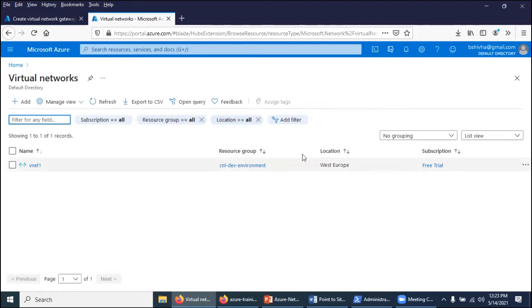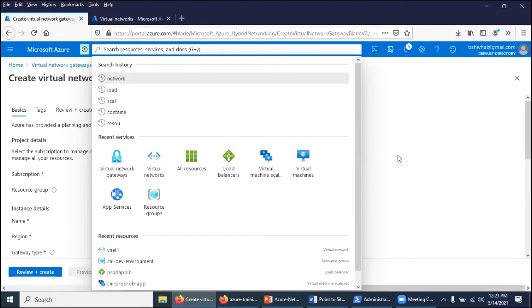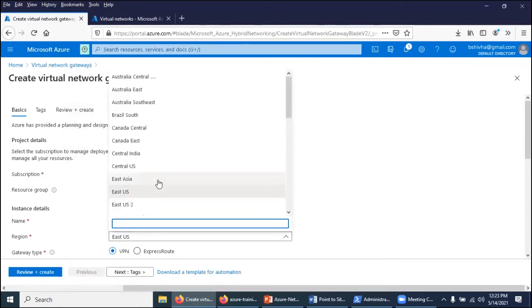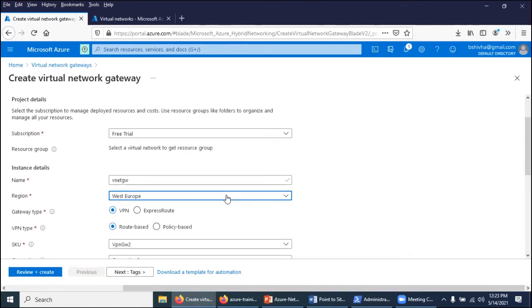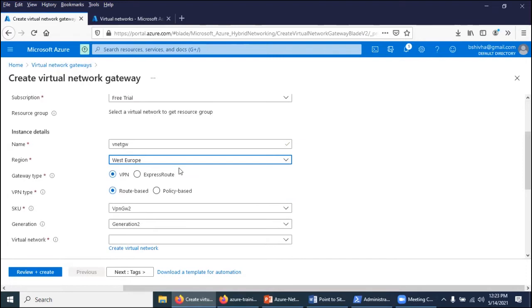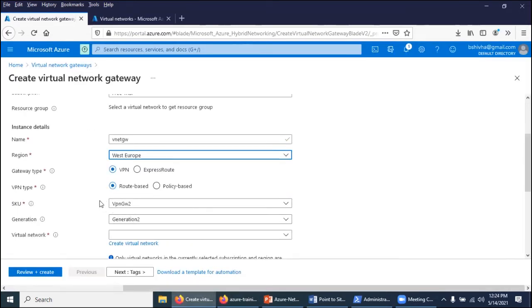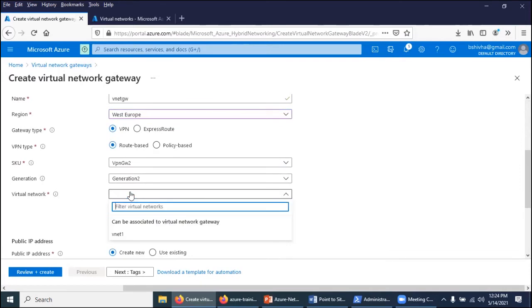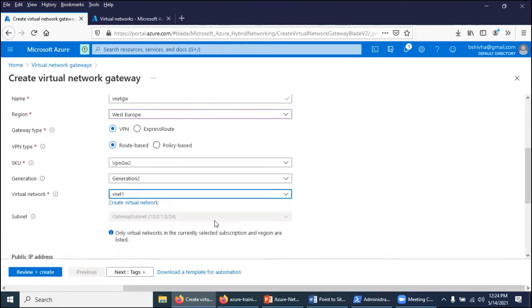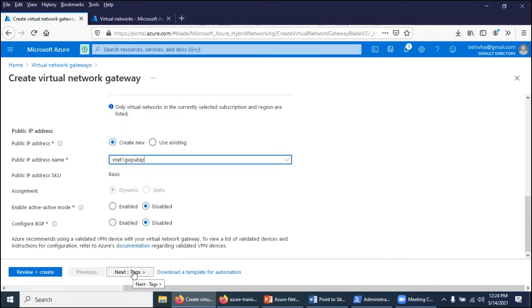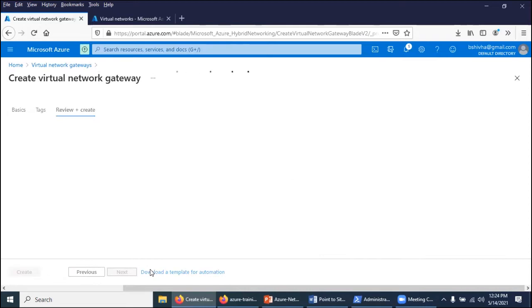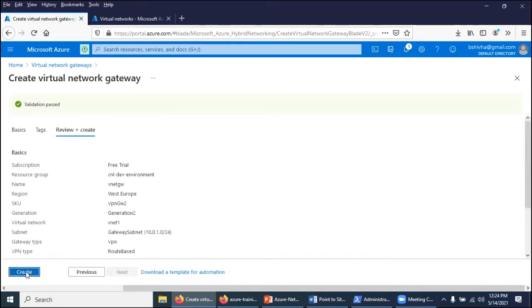Your virtual network was created in West Europe, so in the same way, you also need to select West Europe here. For the virtual network gateway, I am selecting the default settings, and the virtual network is VNet1, which we just created, with the VNet1 gateway public IP. I'm going with the default settings. Say create.